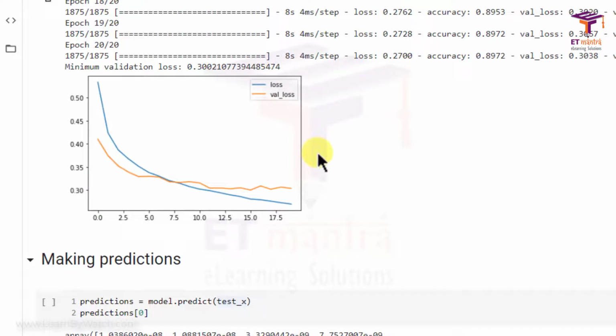Since we are using dropout, while training some of the connections are not made, so those features may be skipped, but while calculating on the test set, dropout is not applied and all the connections are made. So maybe due to that there is a better accuracy on the test set, but generally the validation loss is higher than the train set loss.